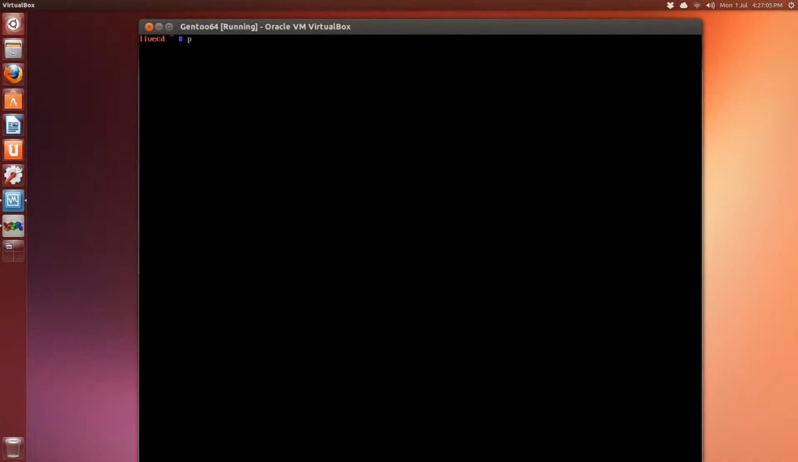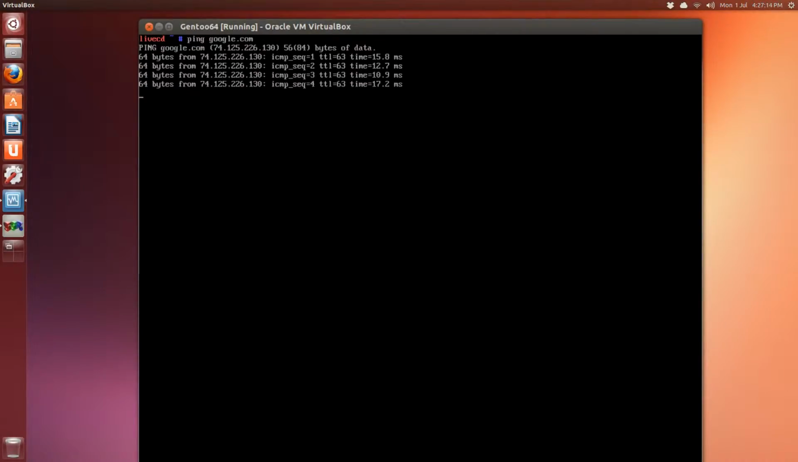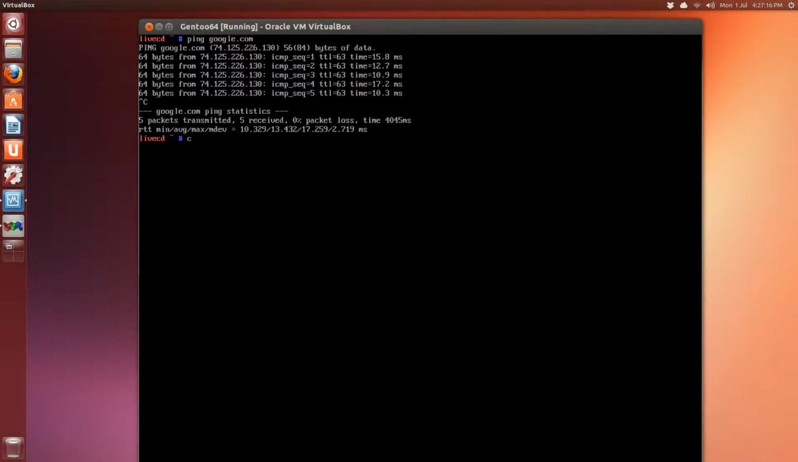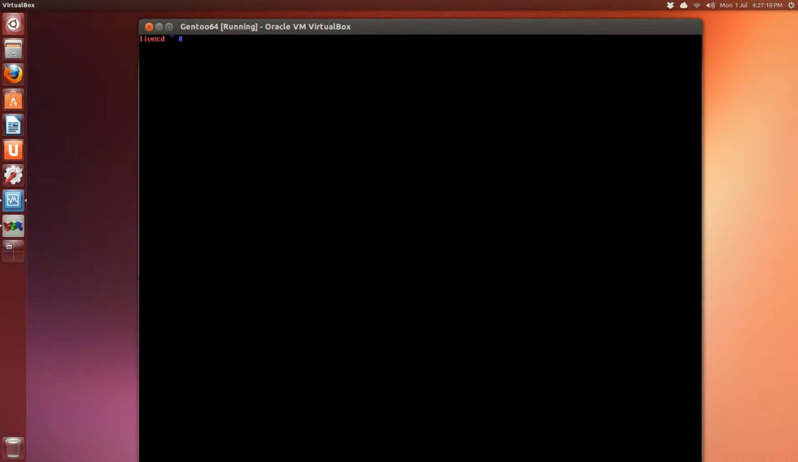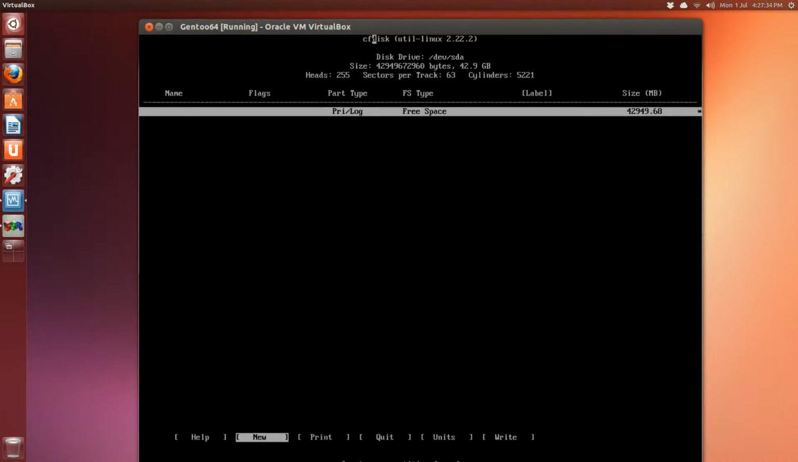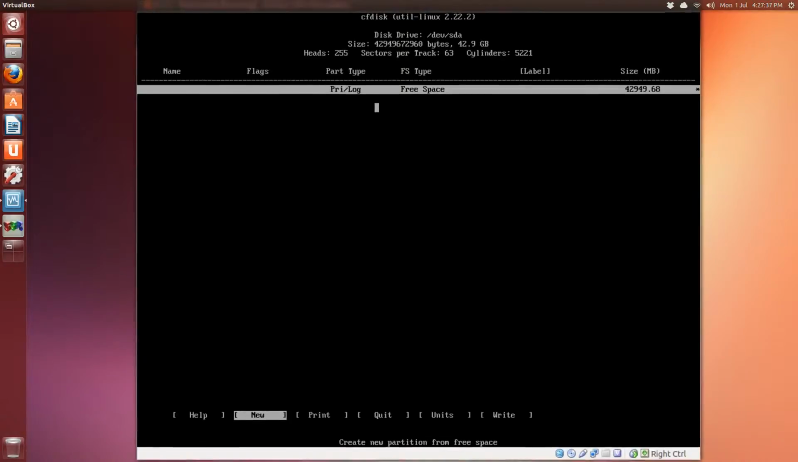So first of all, we'll just do our usual routine. We'll ping google.com to make sure that the virtual adapter has been picked up, so press Control C. Okay, we're going to use CFDisk. Again, if you installed Arch Linux, you'll know this. CFDisk is to create our partitions on our virtual hard drive, and we don't have to specify a device, so we'll just press enter. And you see here we have approximately 40 gigabytes of free space, so we'll just hit